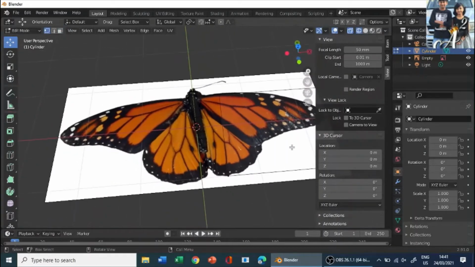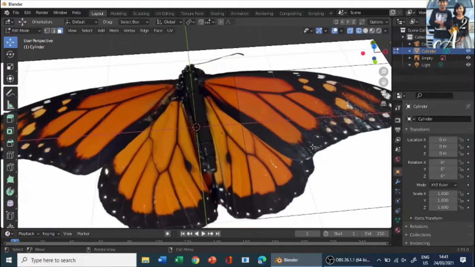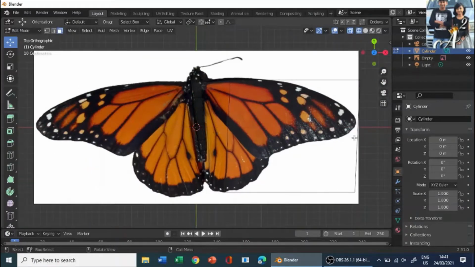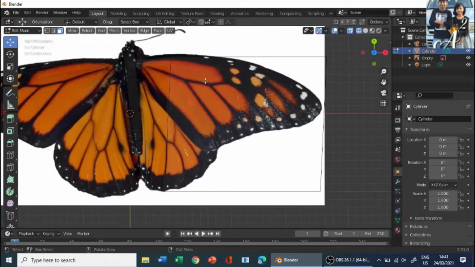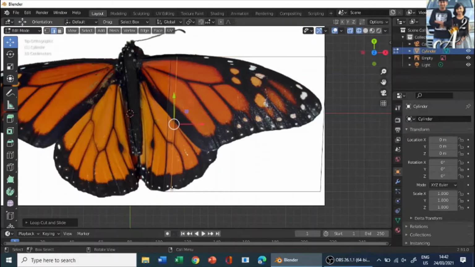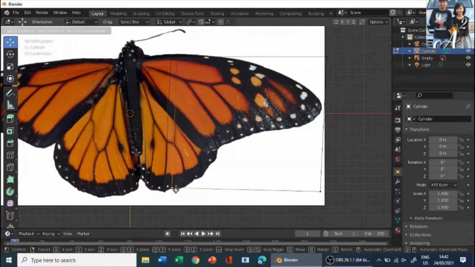So let me select this one. Let me go to face, N to hide this tab column, and go to the Z axis by clicking numpad 7, and let's scroll here. And Control R to add a loop cut. Okay, over there, and let's move it somewhere over. We need a loop cut over there, over here. So on this side, I need a loop cut. So let's move this, G, at the top over here.